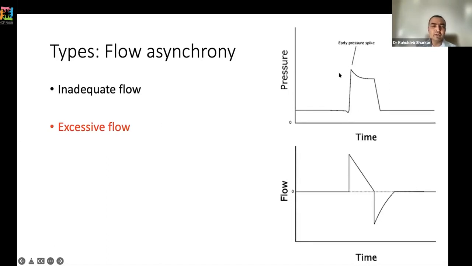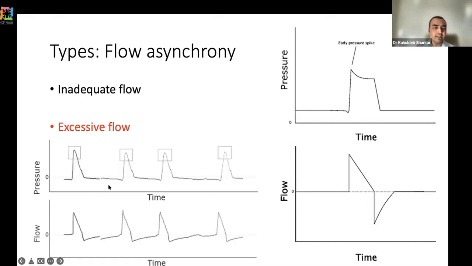And this is often not a huge problem. I suspect this particular one is not going to be asked. And this is how it looks on the actual ventilator screen: the initial high spike of the pressure curve,